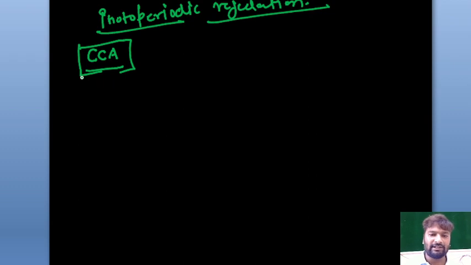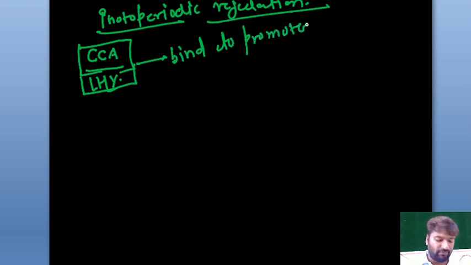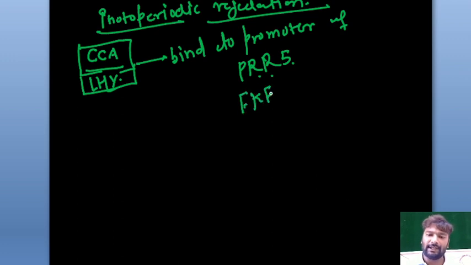In this also, genes like CCA, which we have discussed in the circadian rhythms, and its homologue late elongated hypocotyl, bind to the promoter of PRR5, pseudo response regulator 5, and one gene FKF,